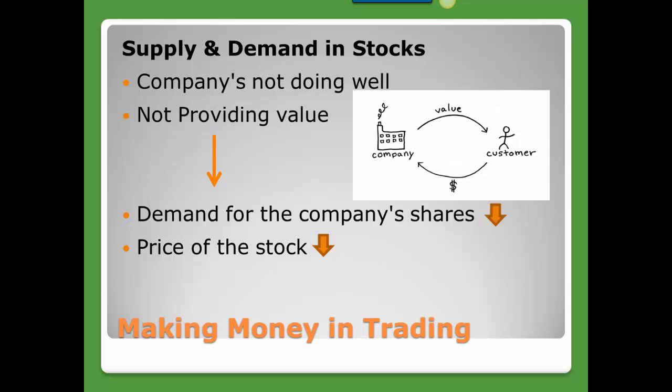Now let's take a look at the opposite side of that. Let's say the company was not doing so well. Let's say they had really poor customer service, they were not delivering value to their customers, and in return, their sales were declining, their revenues were declining, and their profits were declining. So the company overall is not doing that well. And because they would then be showing negative profits, the demand for the company's shares will go down because they are just not able to produce those profits. And because of that, the price of the company's stock will go down as well.